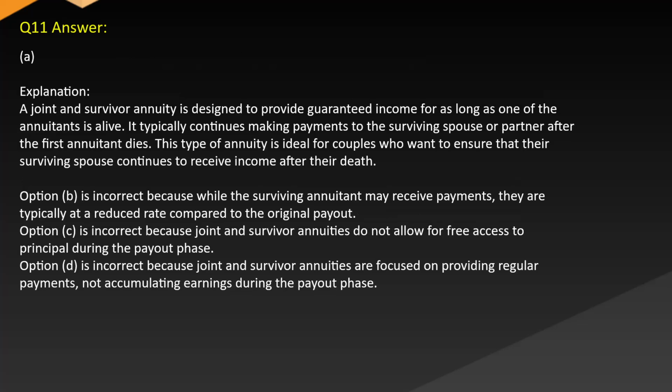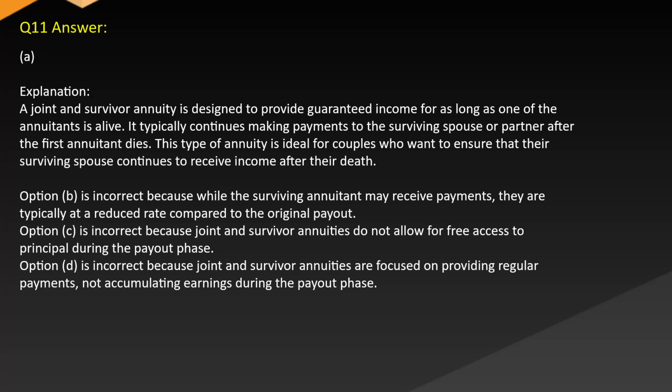Answer A. Explanation. A joint and survivor annuity is designed to provide guaranteed income for as long as one of the annuitants is alive. It typically continues making payments to the surviving spouse or partner after the first annuitant dies. This type of annuity is ideal for couples who want to ensure that their surviving spouse continues to receive income after their death. Option B is incorrect because while the surviving annuitant may receive payments, they are typically at a